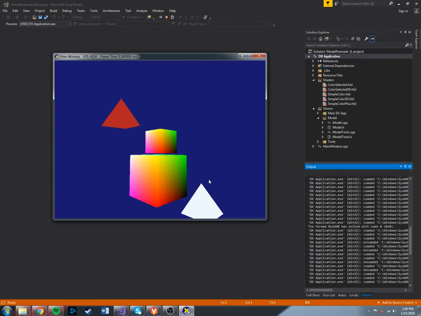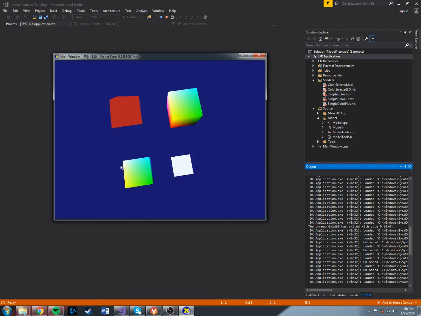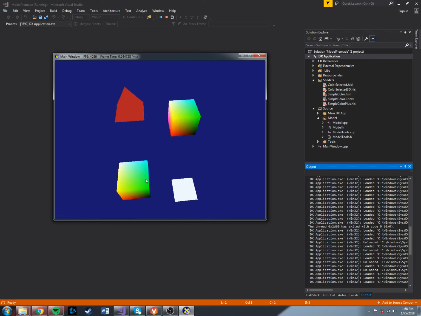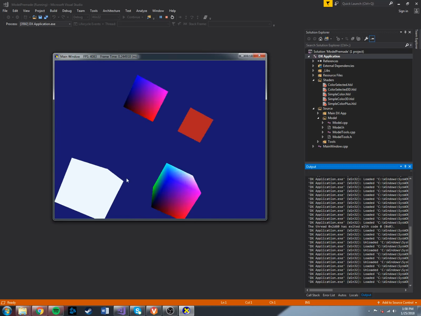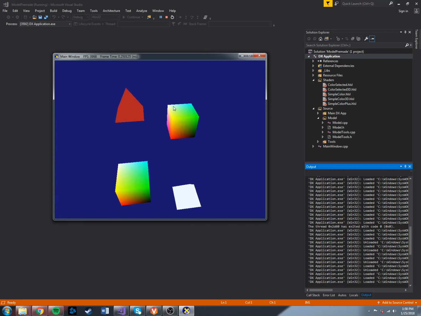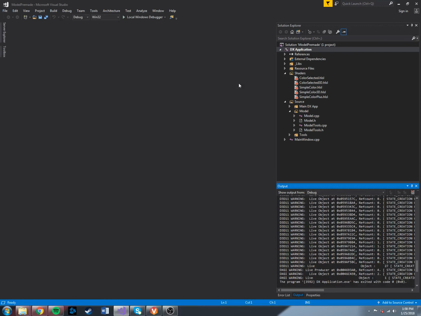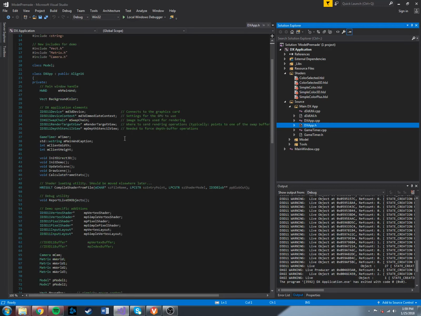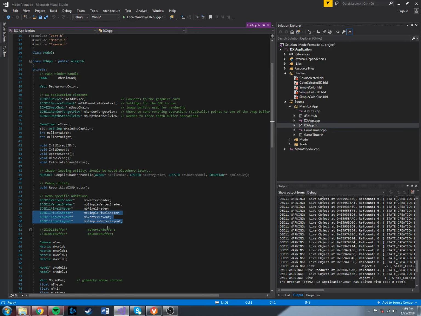So these two pyramids, their colors are defined in a constant buffer, and then these two cubes are rendered with the colors that they have in their model class. This one was difficult because it required a lot of setting up in the header. Essentially, these are all the things that I added. I was struggling with it. I don't think I needed